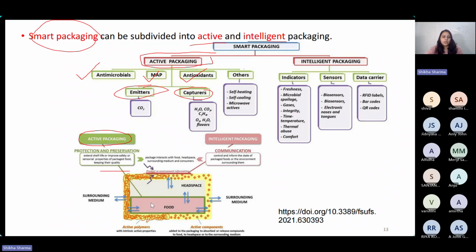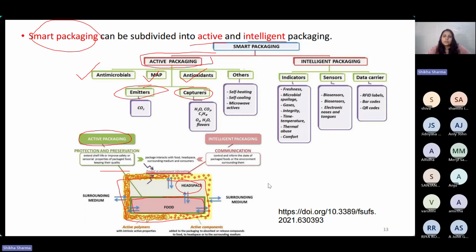If it is a food and if it is active packaging material, then whatever headspace is there, the packaging material will interact with this headspace. There can be some microorganisms or some oxygen radicals. So active packaging or active agents will interact with those and try to increase the shelf life or